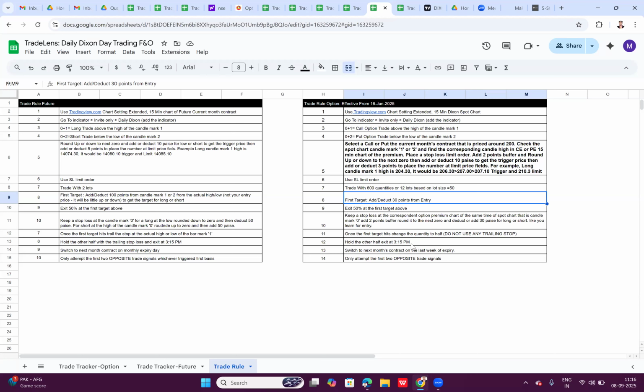Okay, this is intraday. If anyone wants to trade in futures, then half quantity in futures we have to book at a profit of 100 points. The remaining half quantity we have to hold till 3:15 p.m. But in futures we have to trail SL to cost price. Okay, in futures we have to trail SL to cost price after the first target. Means, for example,